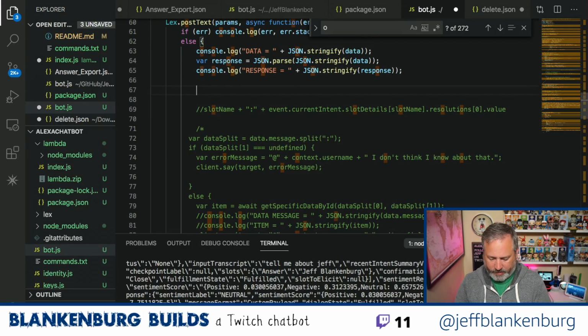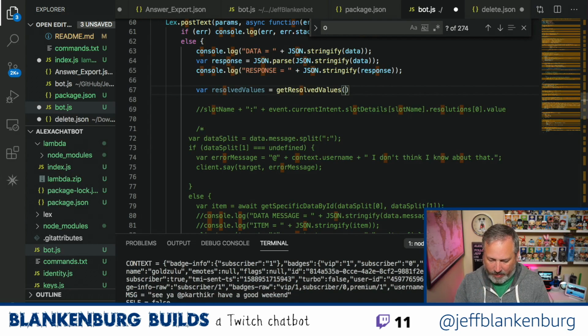We should probably have something like var getResolvedValues. I should do this the safe way. No. Var resolvedValues equals getResolvedValues, and I'm going to pass in the whole thing.